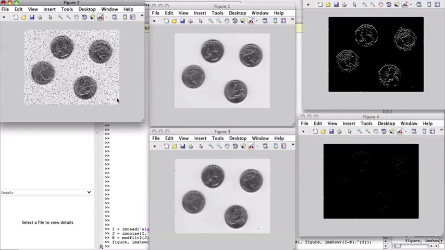Here we see the result of applying a 3x3 median filter to this image. And we see that we managed to clean the noise, and we managed to clean pretty much the whole image. Of course, we have some blurring, not a lot, but some blurring produced by the median filter. So it's not exactly the original image, it's kind of a blurred version of it,